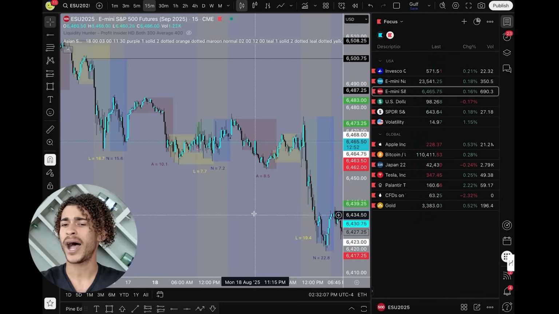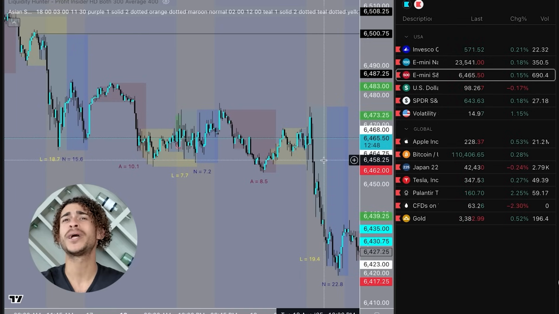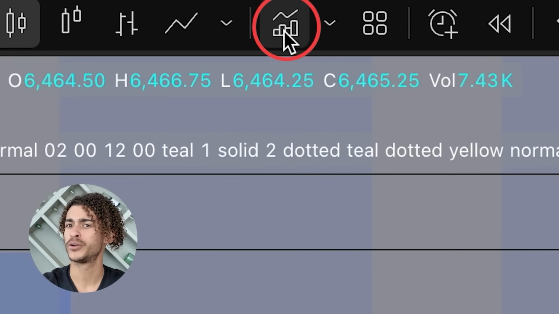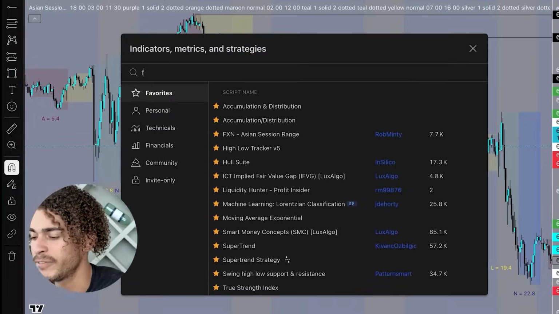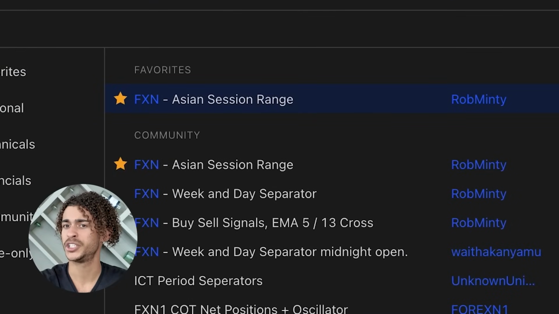So as you can see here, I have my Asia session, my London session, and my New York session marked out, and I'm going to show you exactly how to do this right now. All you have to do is go to the indicator section on your TradingView, and then you have to type in FXN Asian session range. You're going to click this one right here by Rob Minty,